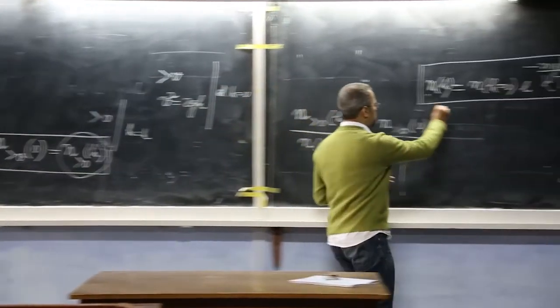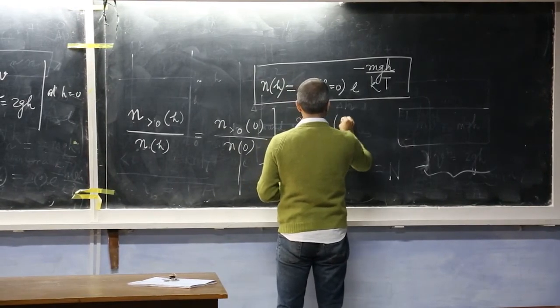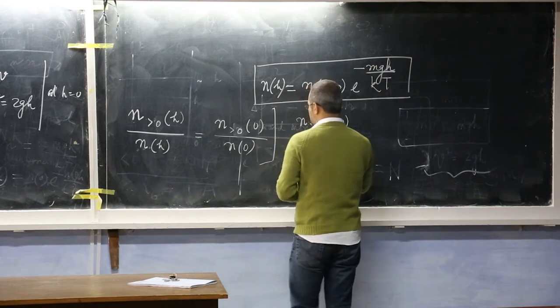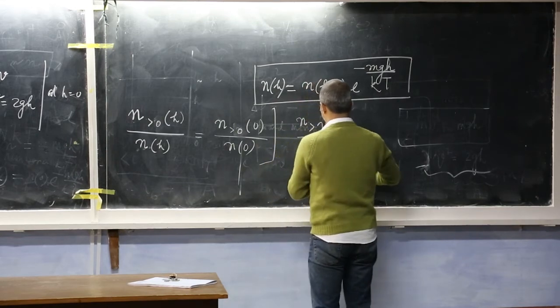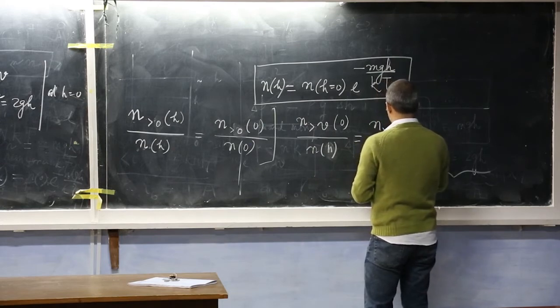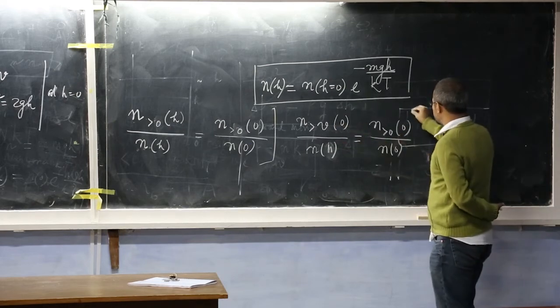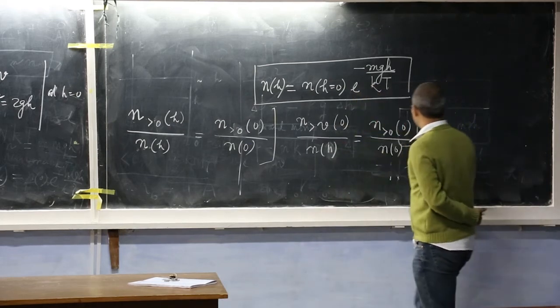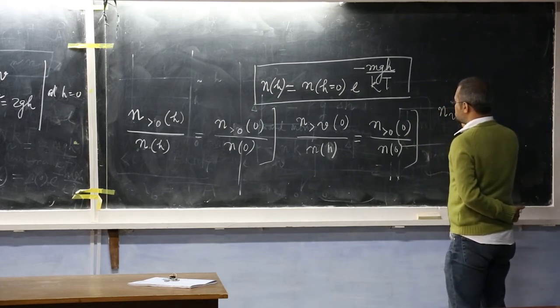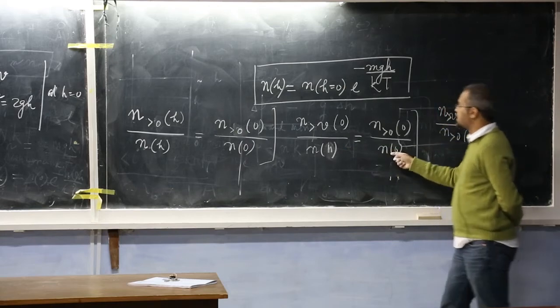So, you could simply write number greater than v at 0 divided by number at h is equal to number greater than 0 at 0 divided by number at 0. So, if you take this to the other side, this is what you would have: number greater than v by number greater than 0, both at 0, equals nh by n0,